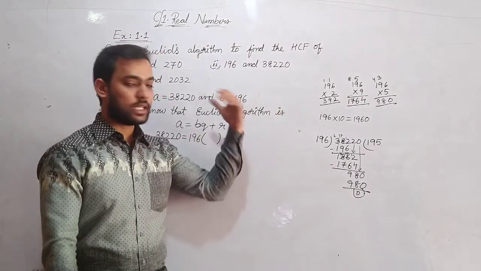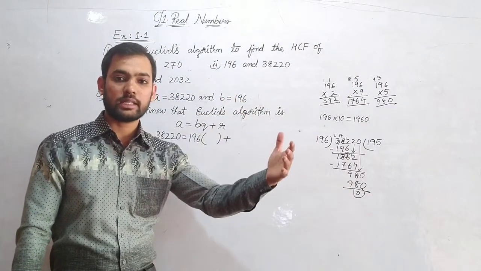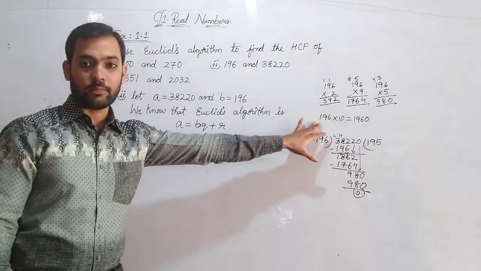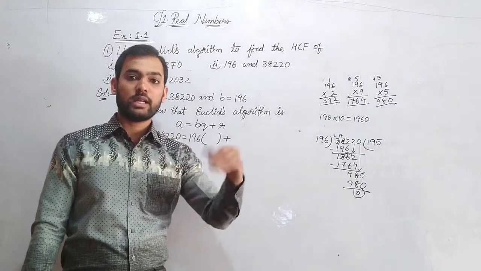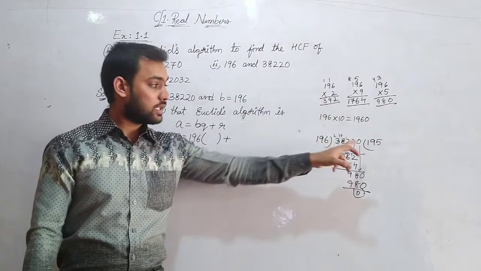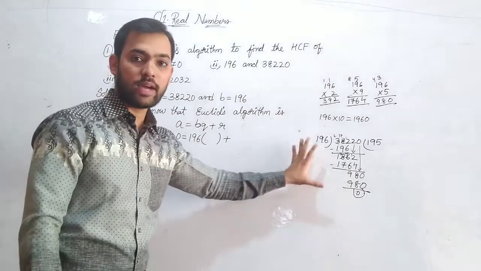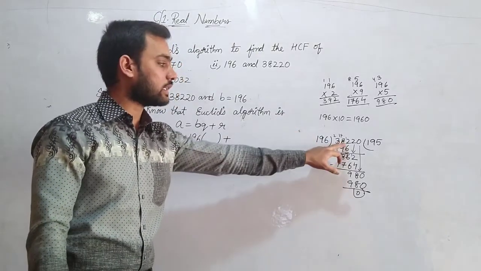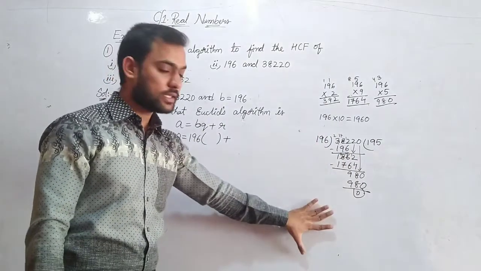As we cannot check, as in the earlier problem where we did 27 1s are, 27 2s are, 27 3s are, you cannot do that here, because 196 10s are 1960. Can you go like 196 11s are, 12s are, 13s are, then 100s are, 101s are till 195? It is not possible to go like that. So that is the reason we divided, to check whether this number comes in the 196 table or not. So we got the answer here.